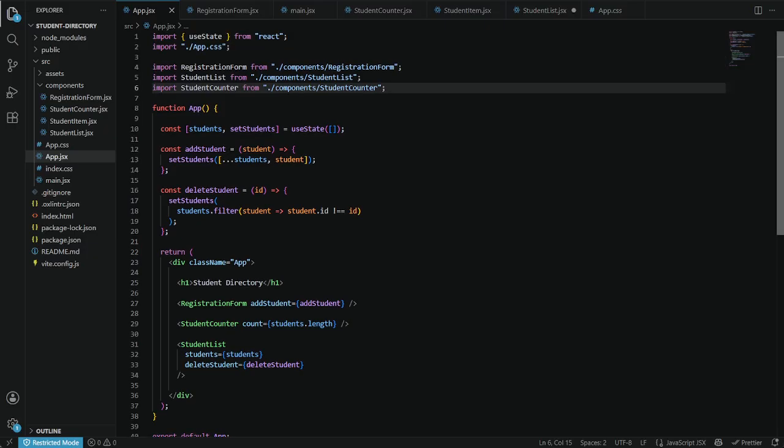And then next, the add student, and then the set student, the students, meaning this function adds a new student to the array.